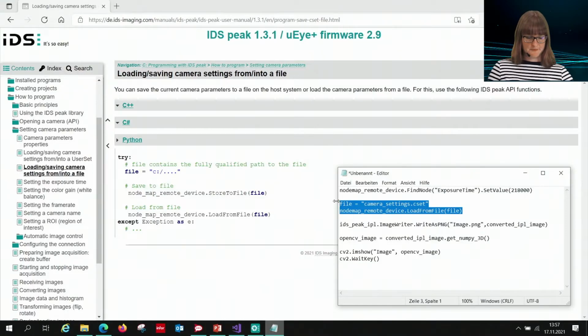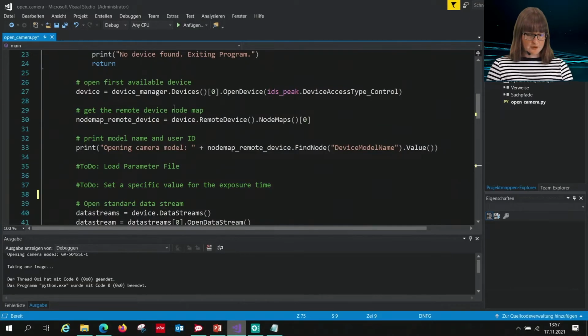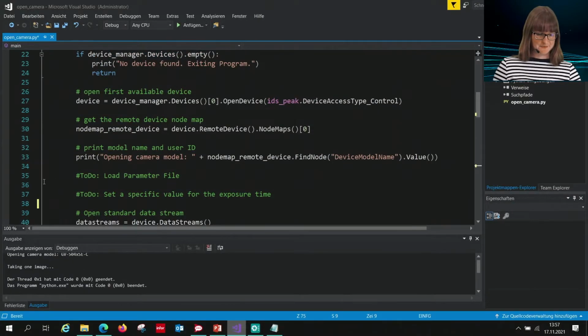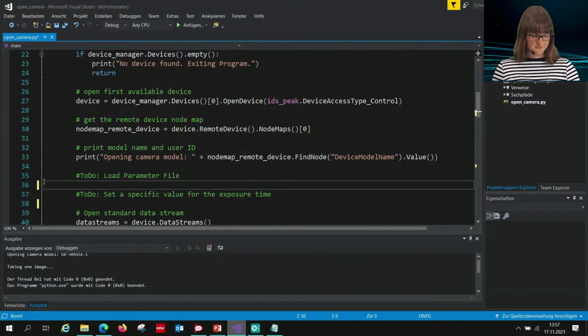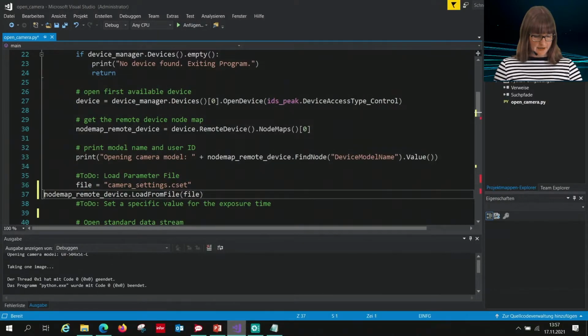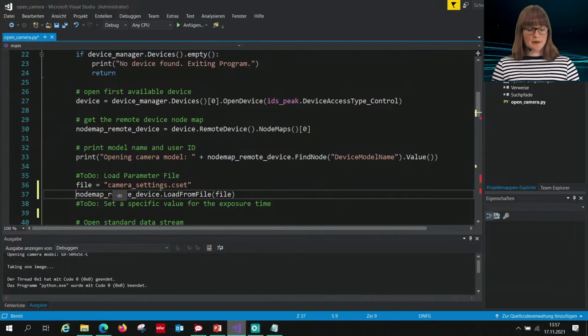I already have prepared this snippet before, so you then don't have to watch me typing this. So here I have created a file name. In this case, I have located my parameter file directly next to my Python file, so I don't have to give an explicit path here. And with this function call, I can just load the file.